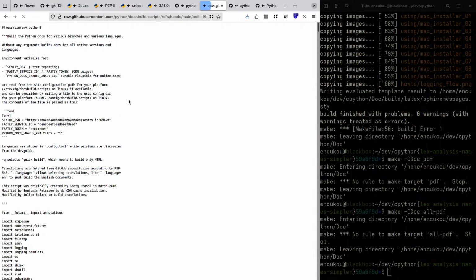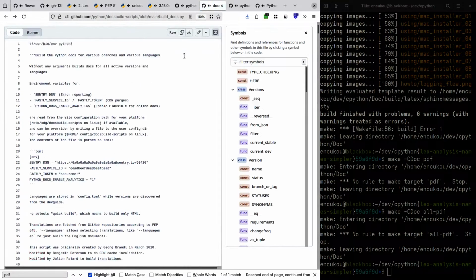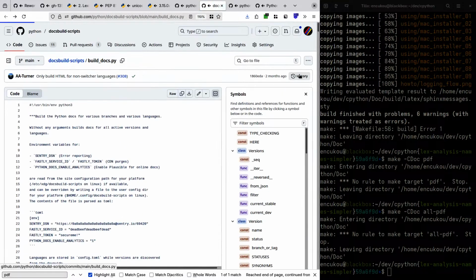That doesn't include PDFs anymore, of course.